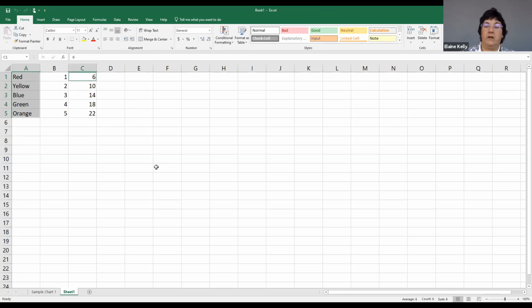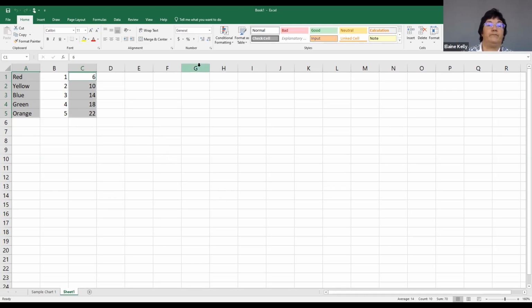And while I do that, I also click with my left mouse button on C6. Then if you hold down the shift key and choose the cell C5, which has my last data point of 22, you now have two columns, which are separated, that we've identified that we want to create